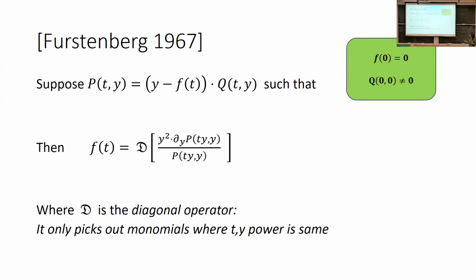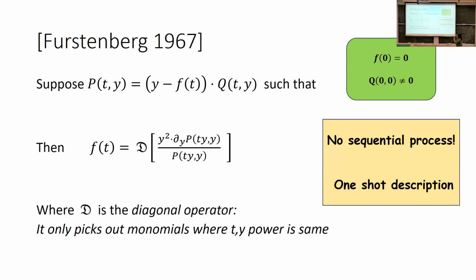Okay. So it's a one-shot description, no sequential process. We're going to use this formula for the roots and see what happens. And all the magic really lies in this. Once you take this magic formula and plug it in, with a little bit of acrobatics with constant depth circuits, one can move along with this formula, and it gives you all the results we need.